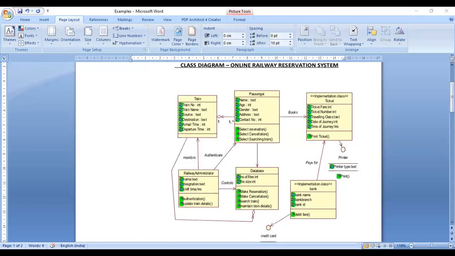Next one, performance. If we are requesting some data, how fast will the server give the response? Will it give a fast response or not?